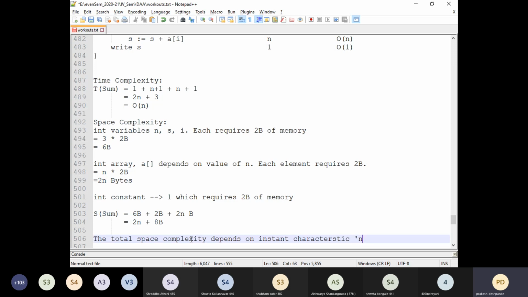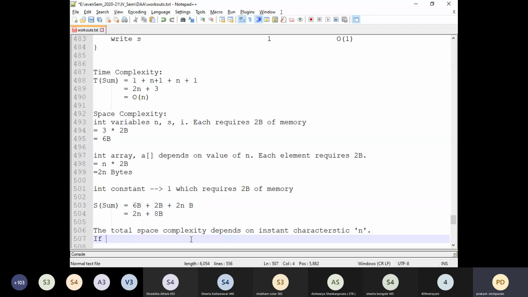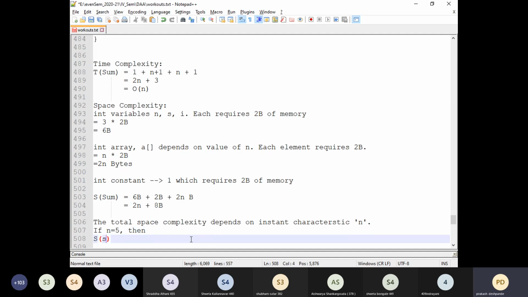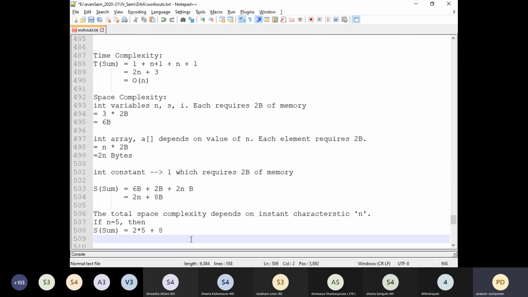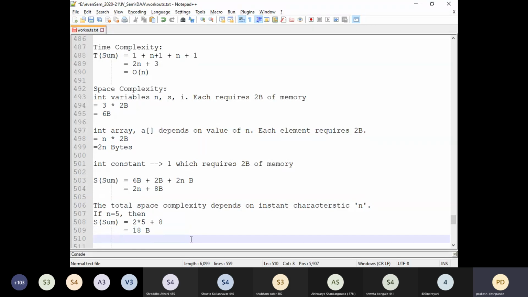If n is equal to 5, then S of sum will be 2 into 5, that is 10, plus 8, which in turn is 18 bytes as one example. When n is 5, the total space required is going to be 18 bytes.